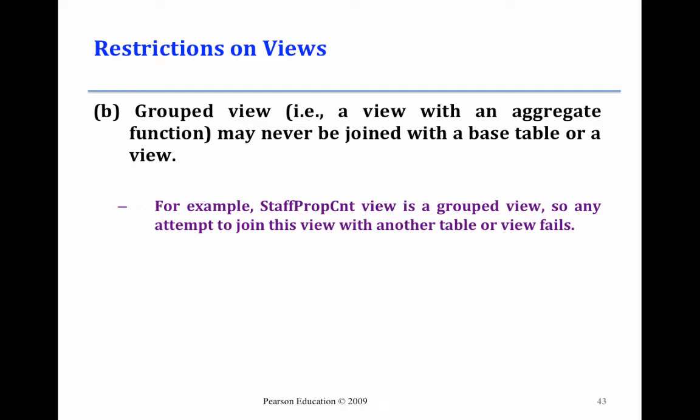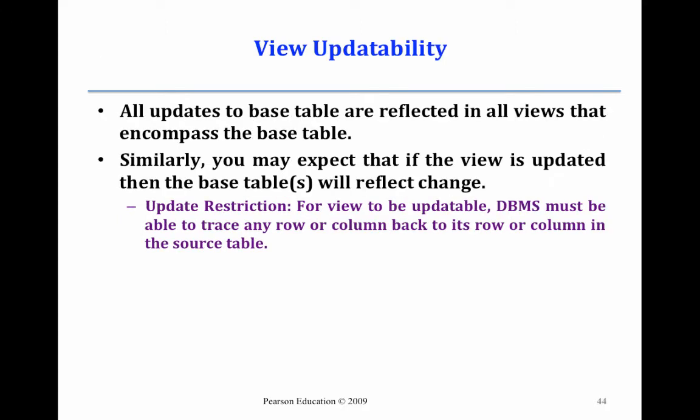Okay, so when you have a group view, that is a view with an aggregate function, you can't join it with another base table or view. So basically, once you've created a view that has a grouped column, you can't use that in a join. So that's an unfortunate restriction, but there you have it. Okay. So then, those are the two big